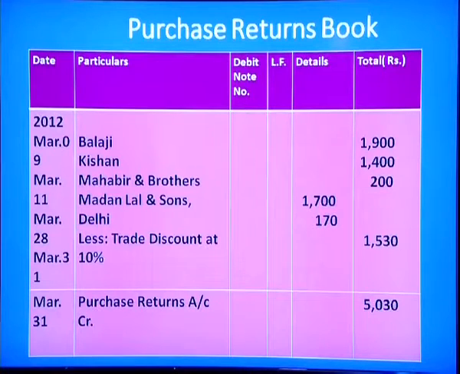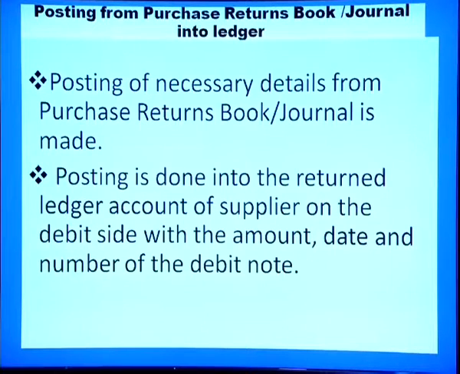That will be written as a total at last in the purchases returns book, and in that same line in the particulars column you will write purchase returns account and it will be credited. Posting of necessary details from the purchases returns book is made into the returned ledger account